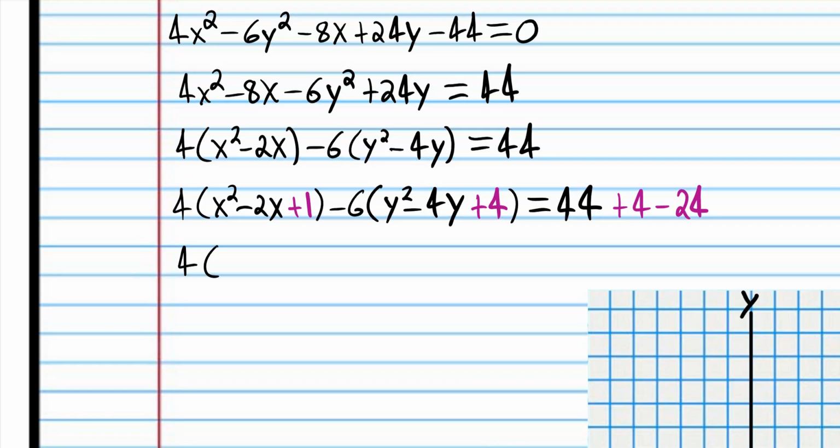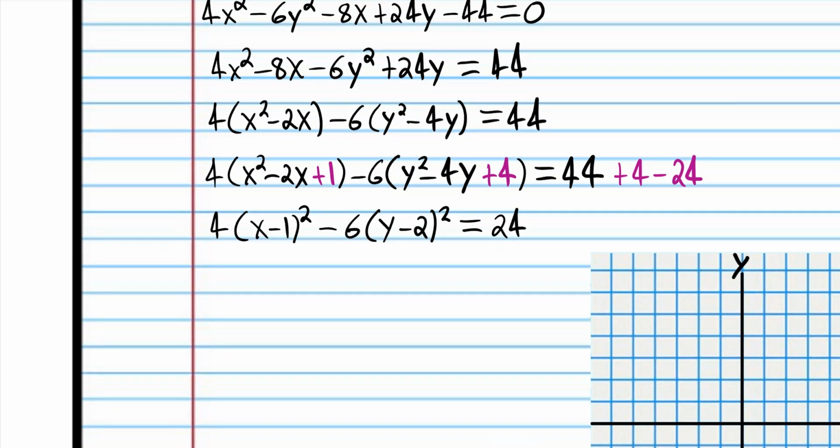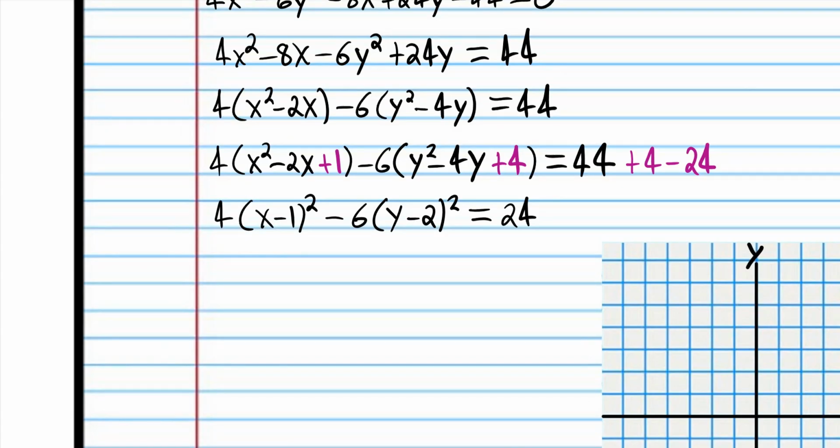Okay, so now we have our perfect squares, so now we can factor. What two numbers multiply to 1 and add up to negative 2? That's 1. And what two numbers multiply to 4 and add up to negative 4? That's negative 2 and negative 2. And we get 24 here, or positive 24. And then we're going to divide both sides of that equation